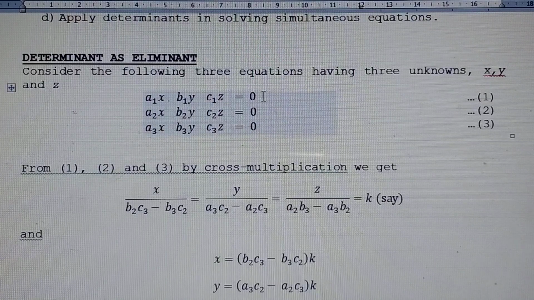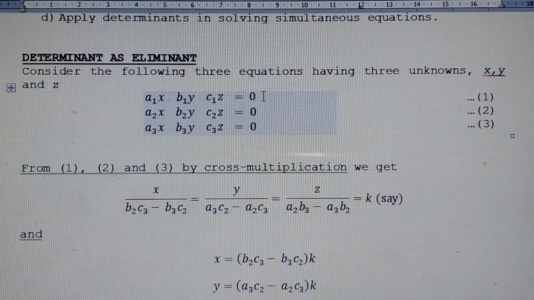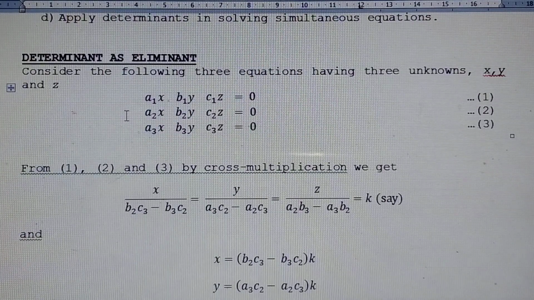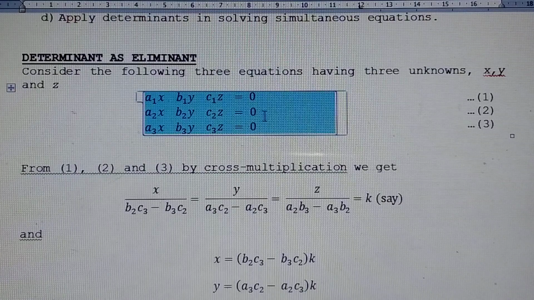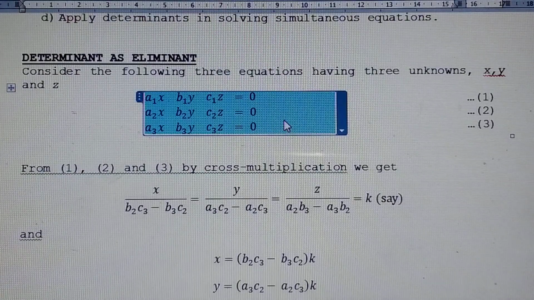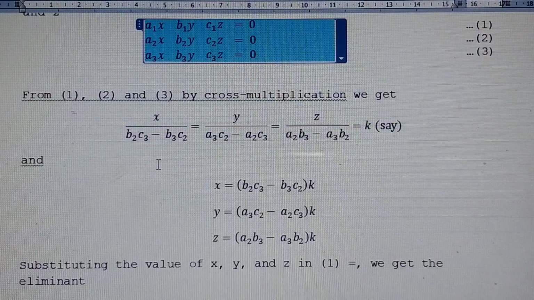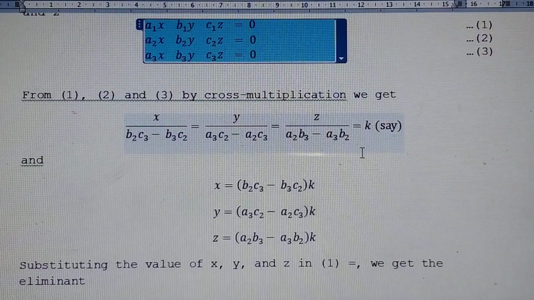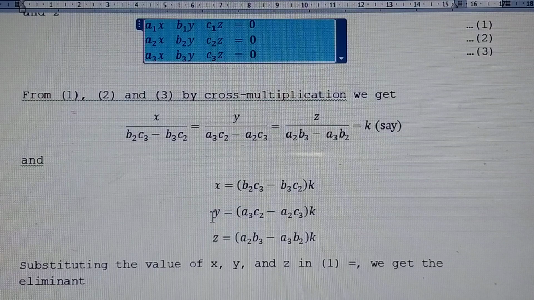Consider the following three equations having three unknowns, such as x, y, and z. So usually, nakikita natin lagi ang simultaneous equation in this format. So name it equation 1, 2, and 3 respectively. So from 1, 2, and 3, by cross multiplication, we can get the fractional format of equation by equating them to their constant, or specifically